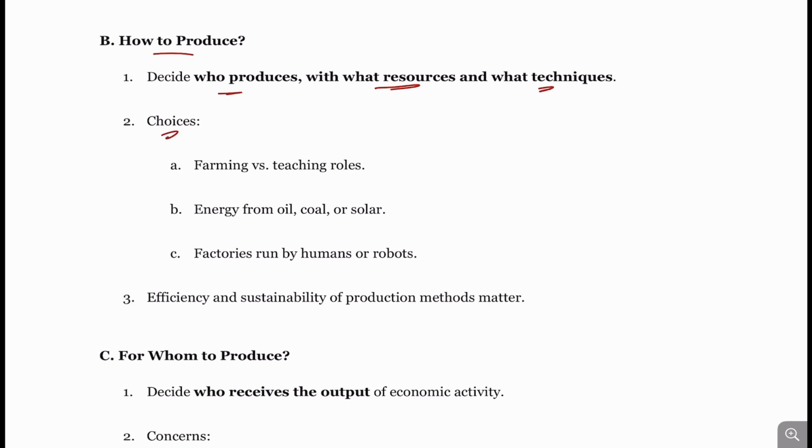Here the choices are: should a person go for farming or teaching roles? Should the energy come from oil, coal, or solar? Should the factories be run by humans or robots? Right? So who produces? If a nation has high human labor, it will try to go for human-made